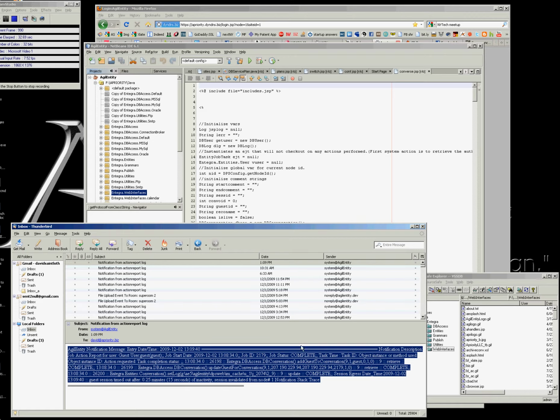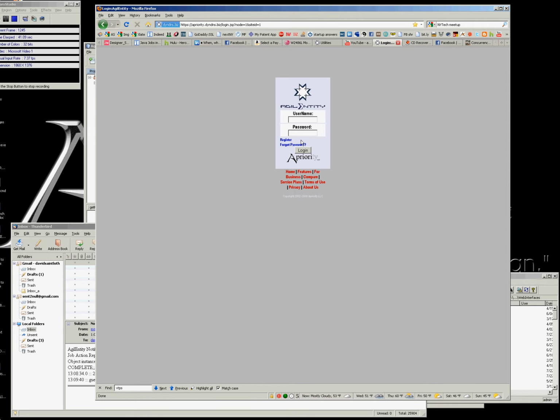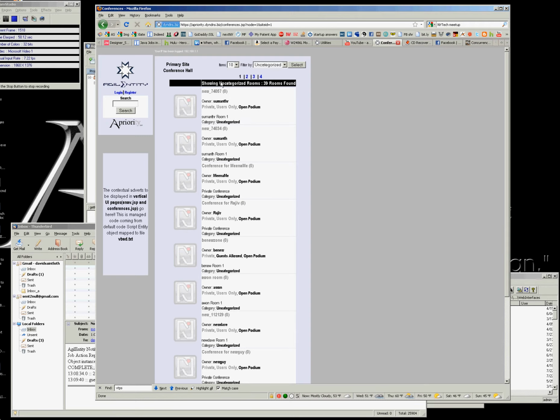action report for guest authentications wherever they happen to be in the room. Now, users can authenticate as a guest to pretty much any of the services provided through a free numeroom or a public numeroom. So as I'll show here,